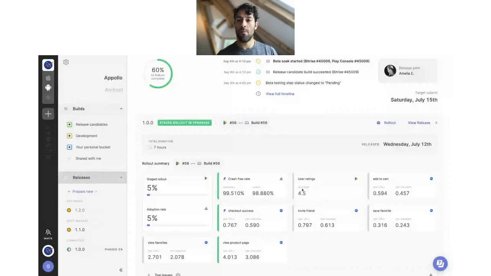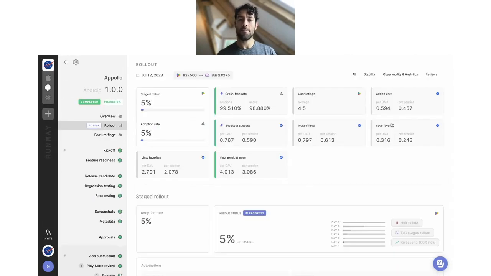of the platform. One, rollouts. For running your staged rollouts, it gets a dedicated space in Runway. Here again, you see the same info, the health metrics surfaced. You define thresholds around these. So your team can say, this is what a normal add to bag conversion rate looks like. And you define that. Runway will highlight if that metric for this release is in good shape or bad shape. Alerting can go out,